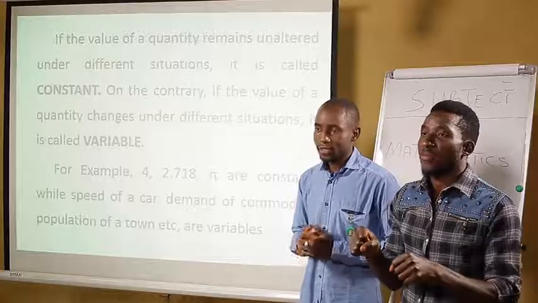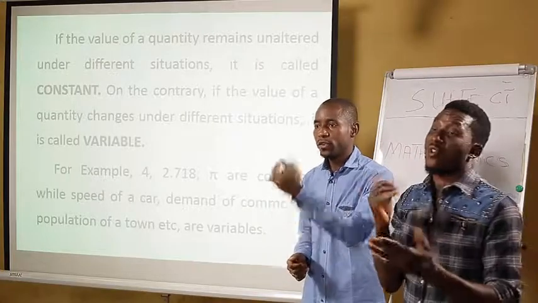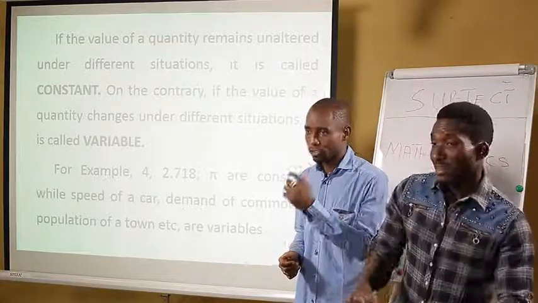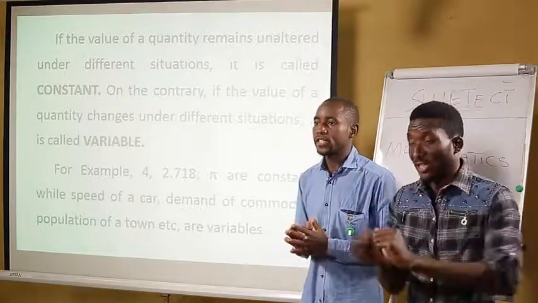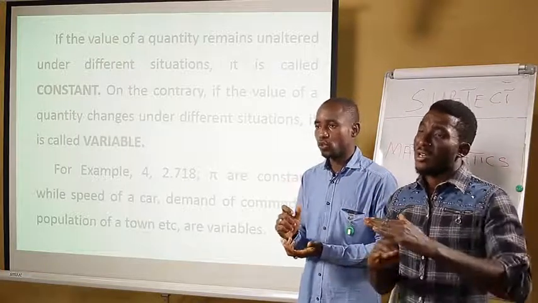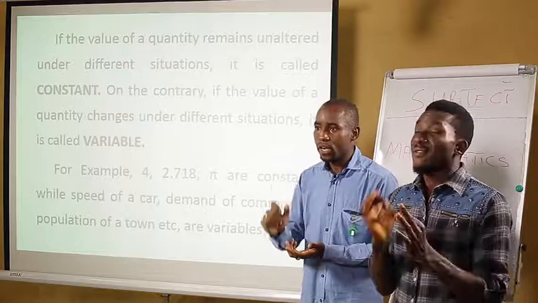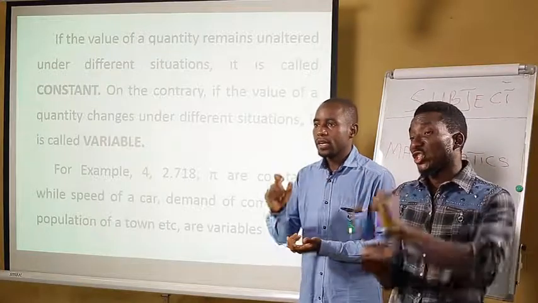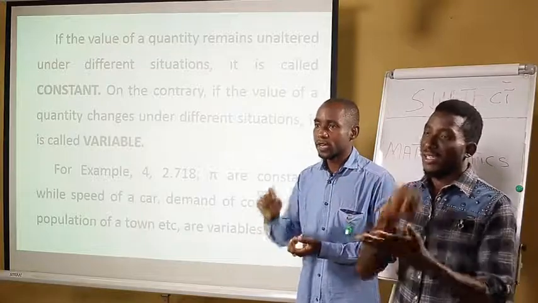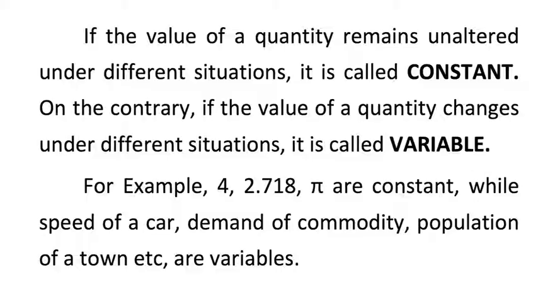As I said earlier, if the value of a quantity remains unchanged, then that is referred to as a constant. But under certain situations, if the value changes, then it is not a constant, rather it is referred to as a variable. For example,